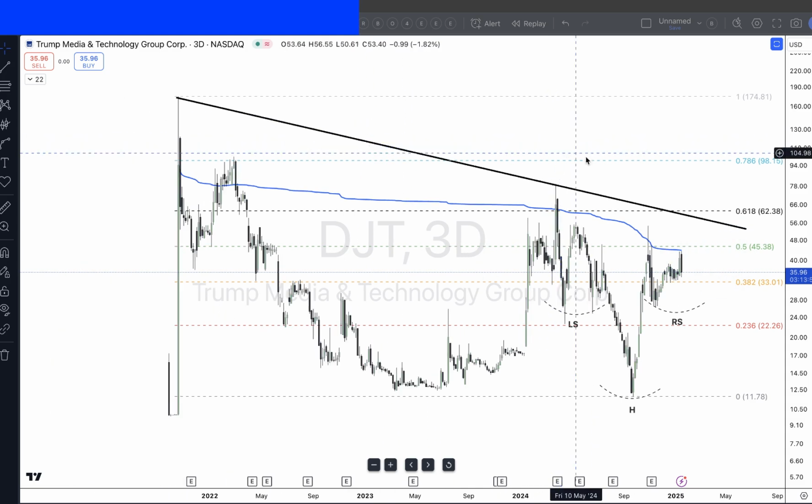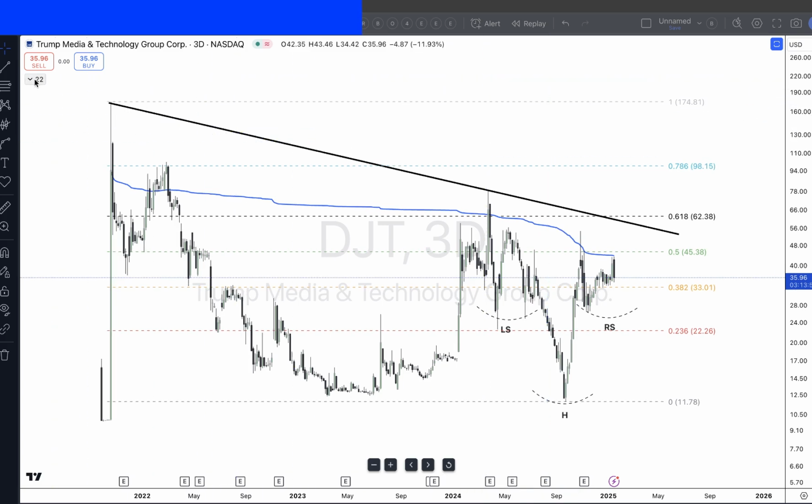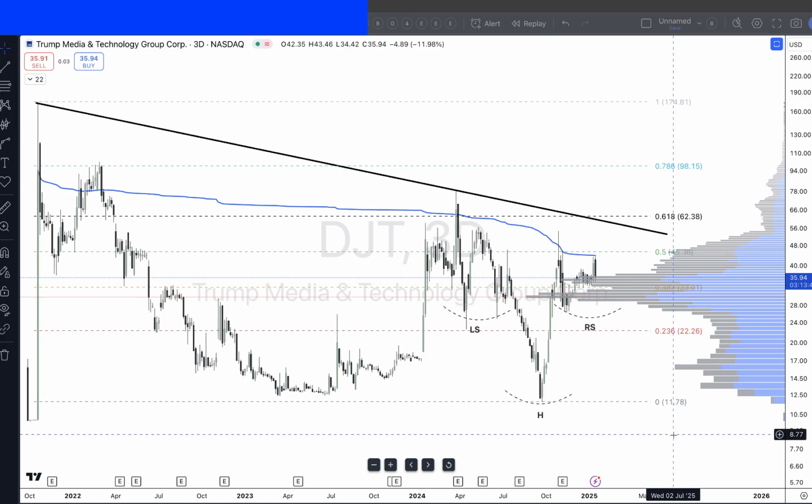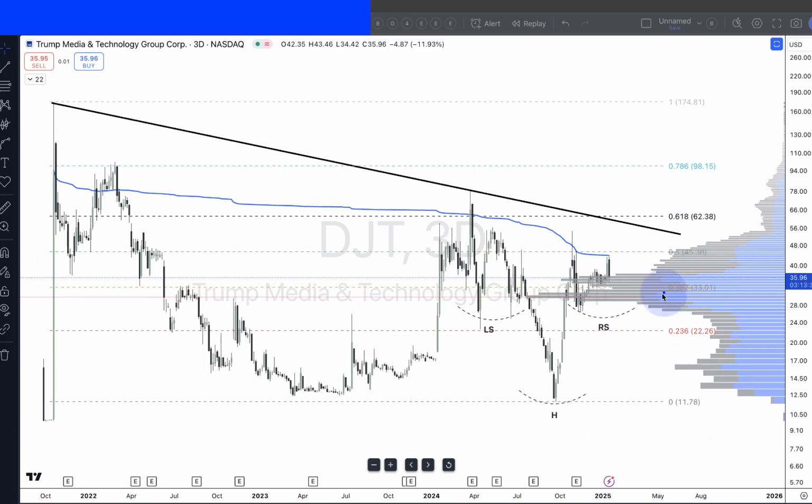Now let's take a look at another volume indicator. This is great news. This is really great news. This is volume by price, and you can see we've got this large volume node. I call it the wall of worry, or a launch pad. Right now we've got price just resting on, just getting over this hurdle, this last volume node. And you can see there really are no more thick volume nodes.